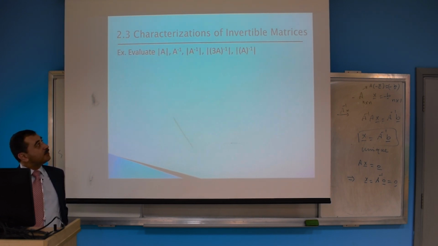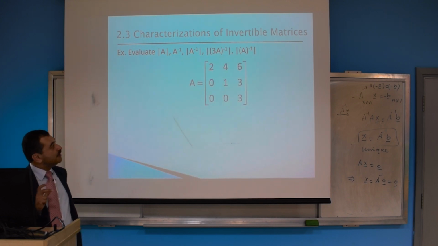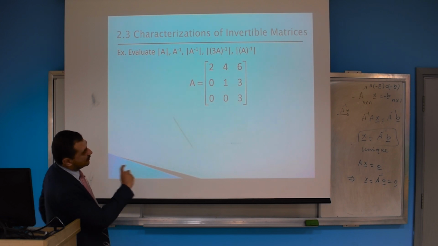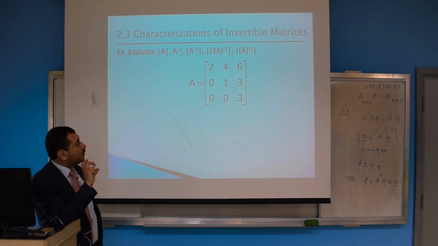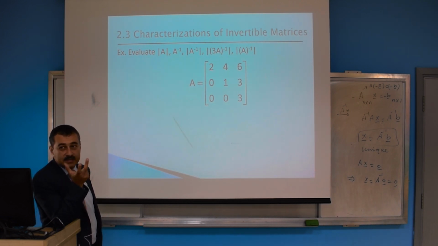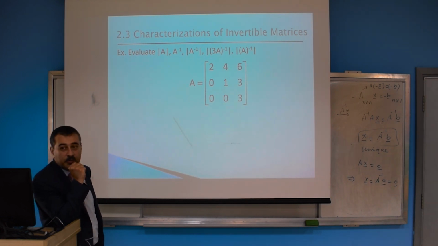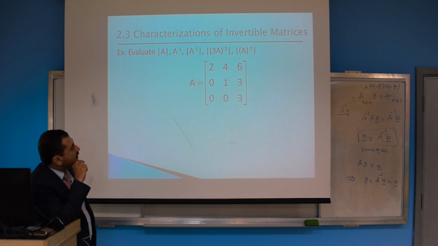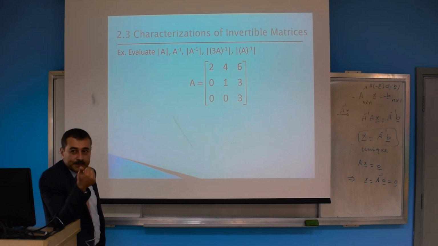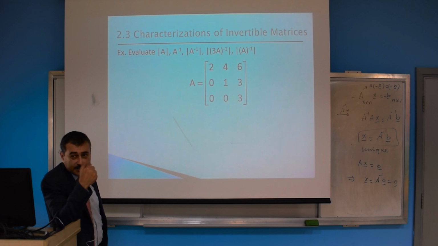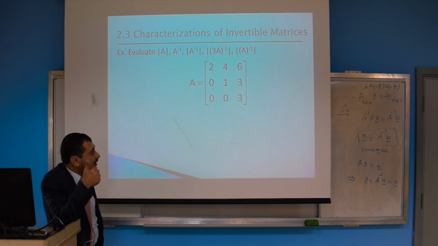طيب آخر حاجة نبص على الاكزامبل ده سريعا. given الماتريكس دي وعايز ايفالويت الحاجات دي. طبعا في بعض الحاجات هتيجي بالبروبرتيز so you don't have to evaluate الحاجات دي in details، بعضها هتلاقيها بيجي بالبروبرتيز بسرعة قوي. determinant إيه الأول بكام؟ 6 مش كده عشان دي triangular، اتأكد بس إنها triangular صح، يبقى product of diagonal entries.